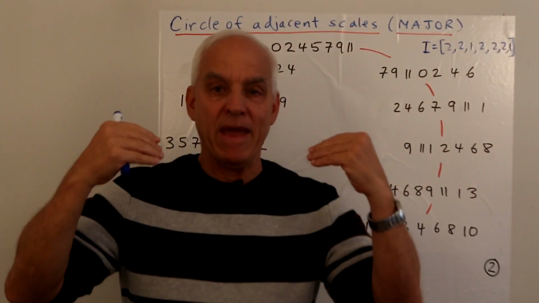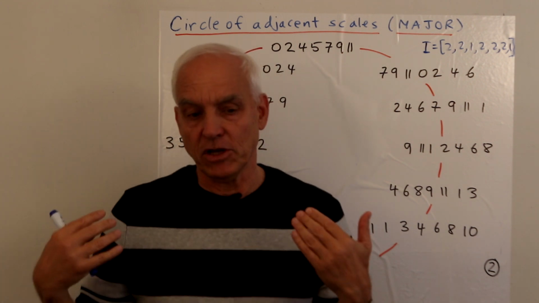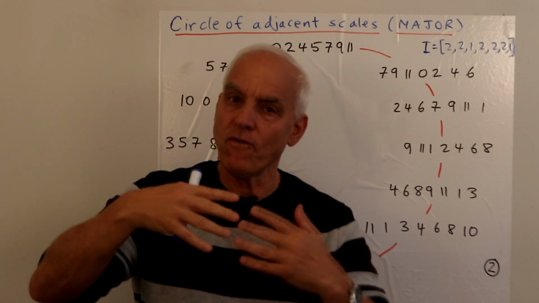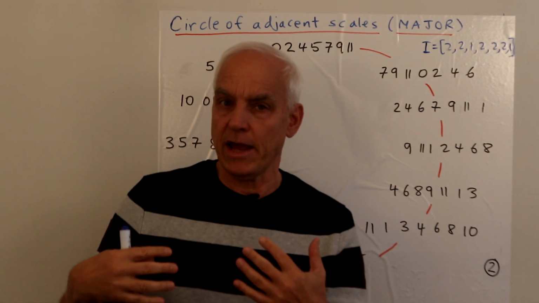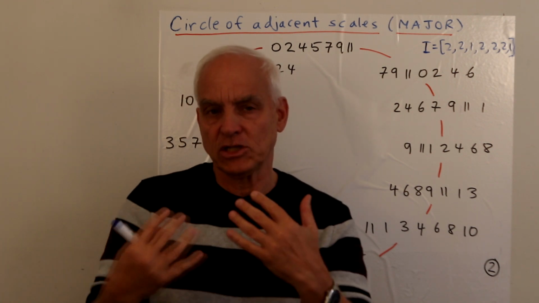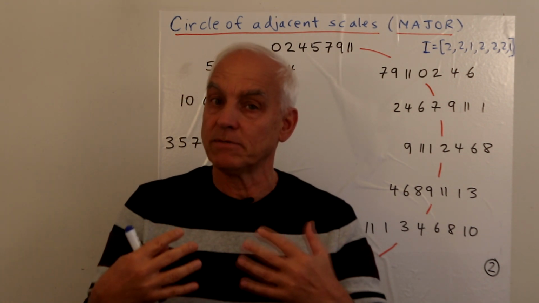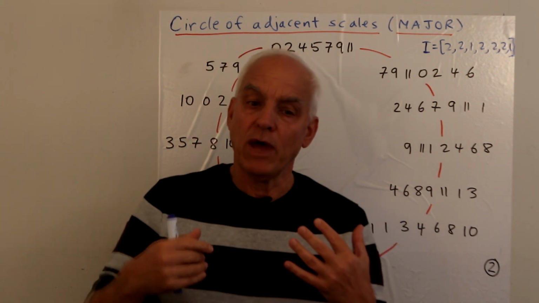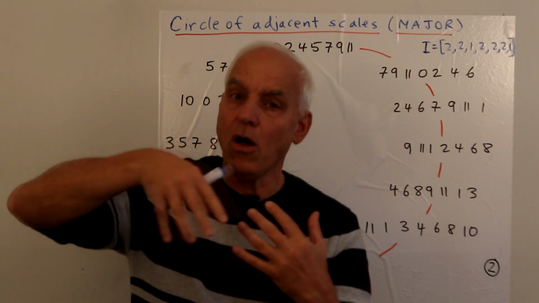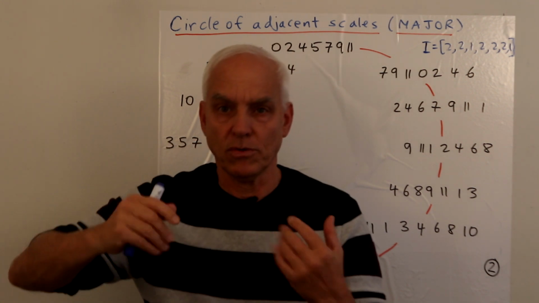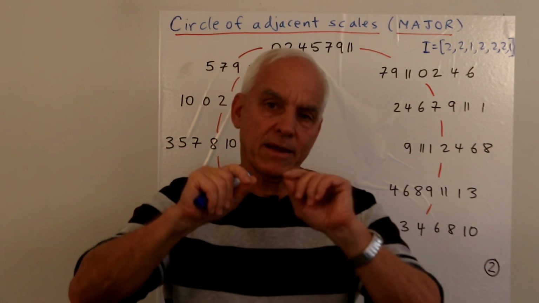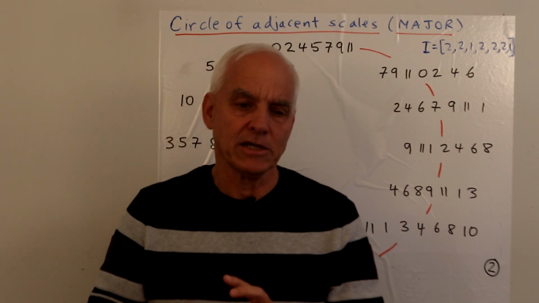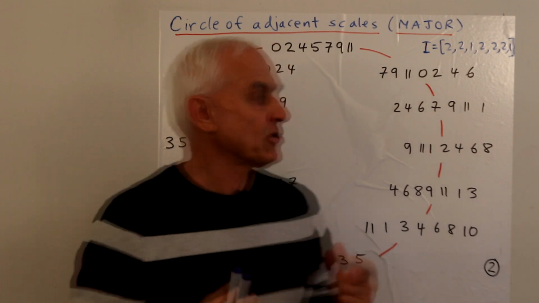So let's look at the major scales that we talked about in our last video, and I showed you how various translates of a scale can overlap in different ways with an original scale. And from that point of view, there's a sense of scales being close when their overlap is maximal. And for a major scale, that actually happens when you have an overlap which is all of the notes except for one, or all of the tones except for one. And so if we make a diagram, like a graph, much like I just showed you in the previous slide, but now for scales, then we get a circle.